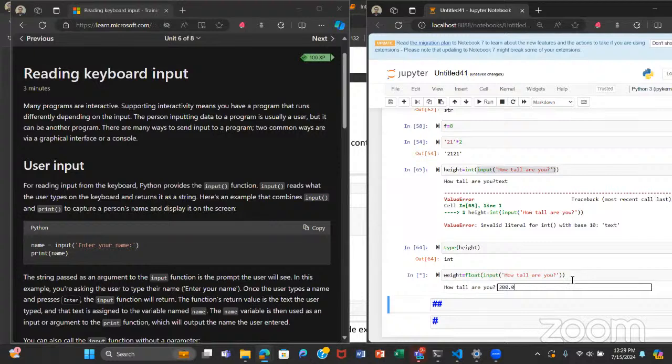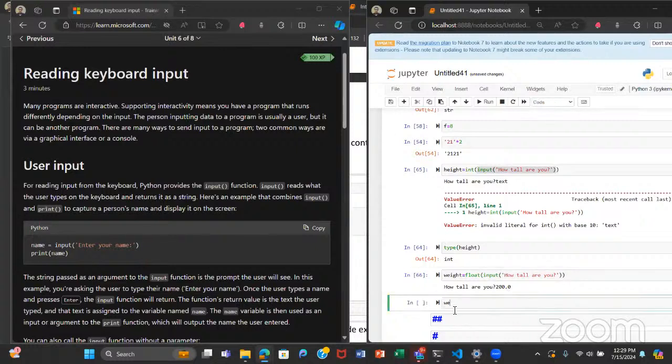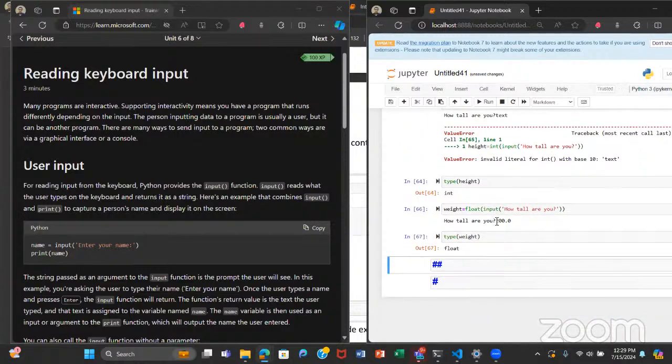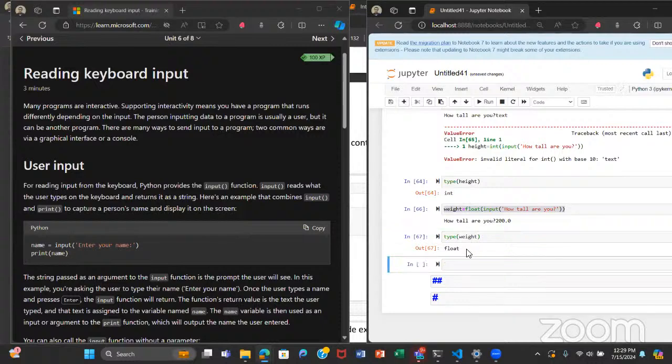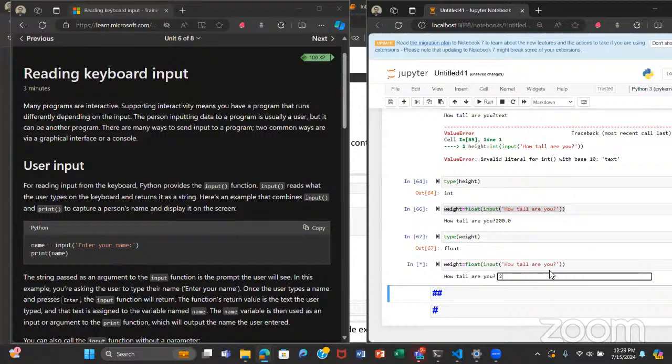Floats are decimal numbers. Now we find the type, and then boom, float is returned. Now, an interesting thing, mind you: what happens if you put an 8 here? What if I just put an integer?